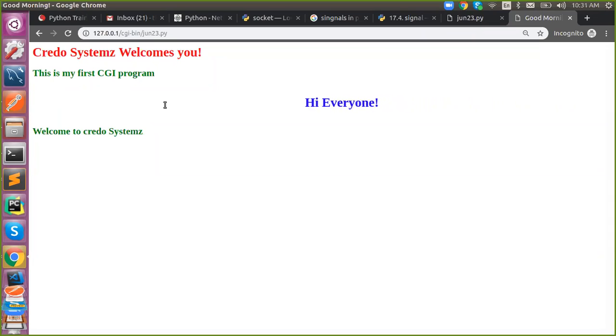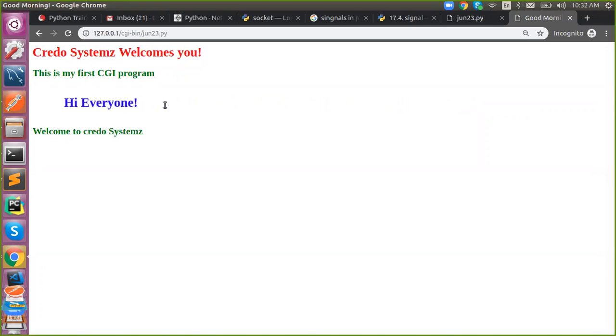Yes, sir. But when we use Django, this CGI programming is not required, right? Pardon? When we use Django, we don't need this, right? Yeah, no. This is for when you want to run a simple Python program in the front end, in one line. If you want to throw some HTML from Python, we can go with CGI. Otherwise, if you are building a large-scale application, obviously you have to go with Django, Flask, etc., the frameworks. Got it?